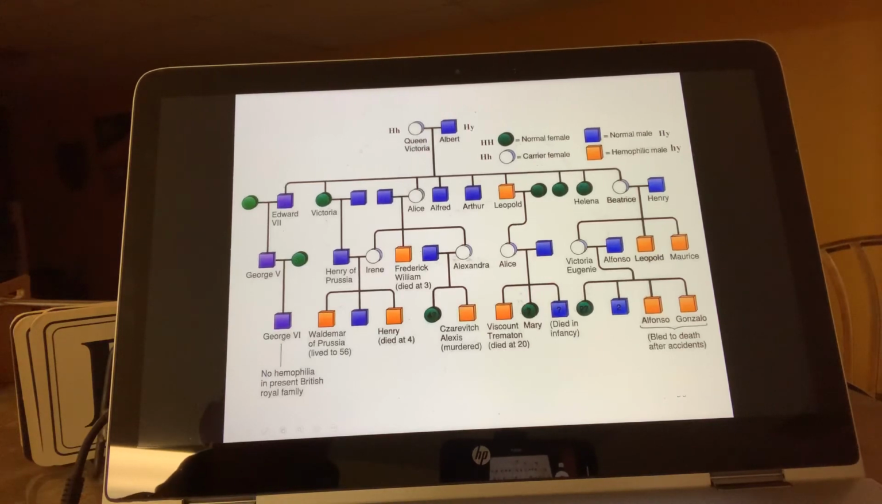If we look at the offspring, what they had was 1, 2, 3, 4, 5, 6, 7, 8. They had 9 children. Of those 9 children, the first one was Prince Edward, who, being the first male, was in line for the throne. And he turned out to be a normal male, which means that